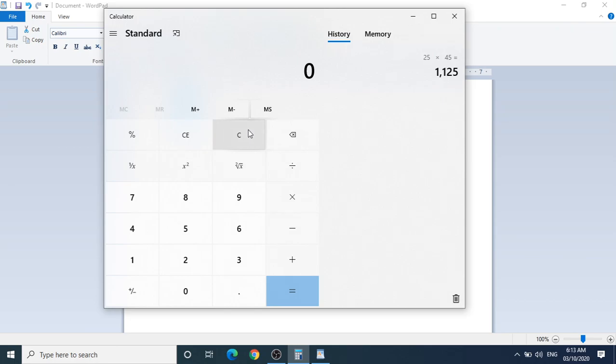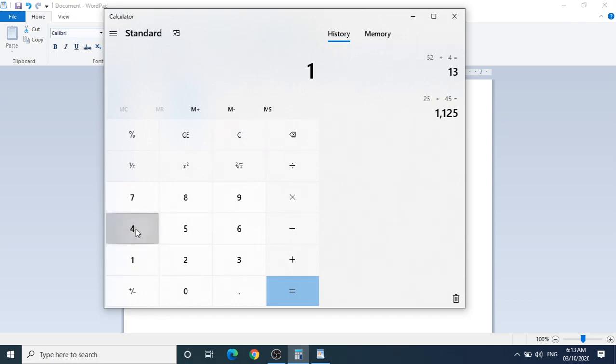Now the second sum is 52 divided by 4. Again the division symbol is different. Can you see this on your keyboard? On the right hand side, just below the question mark, there is a slant arrow. That is the division symbol. In the computer we use that slant arrow. So 52 divided by 4 equals 13. When you get the answer 13, you have to write it in your book. Again you have to clear it.